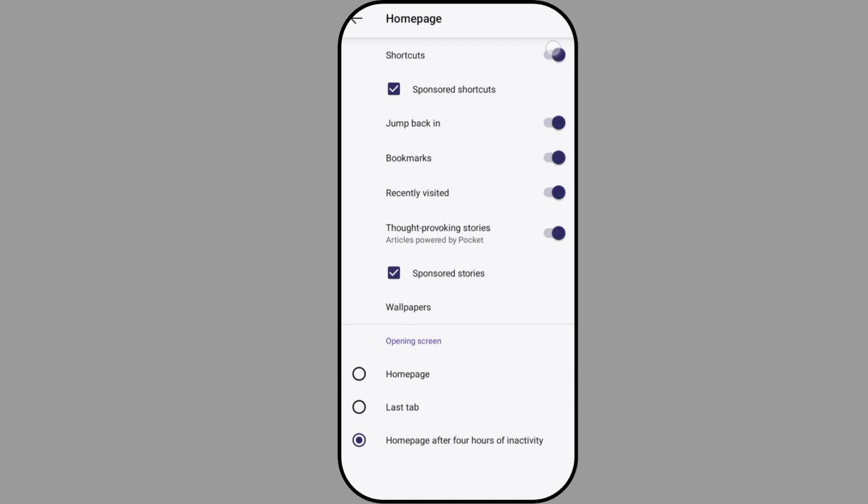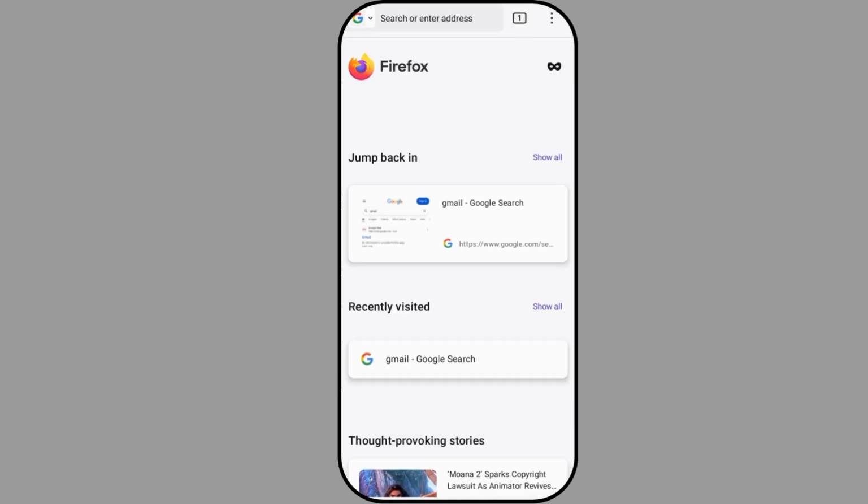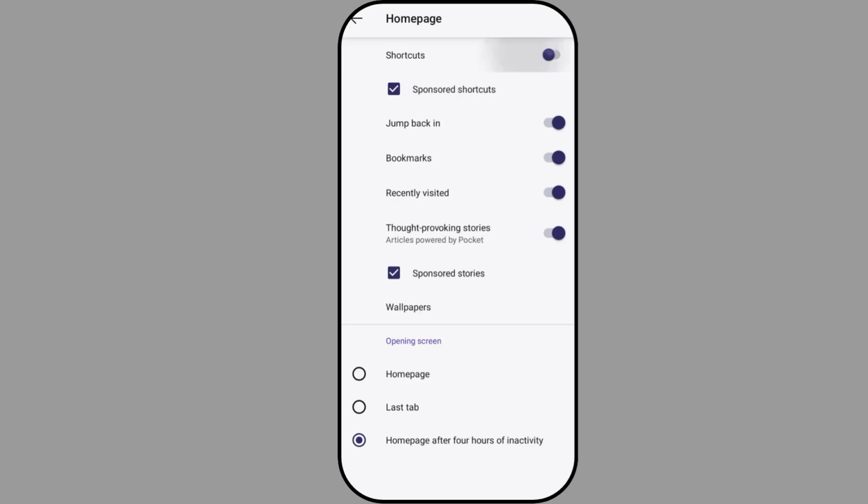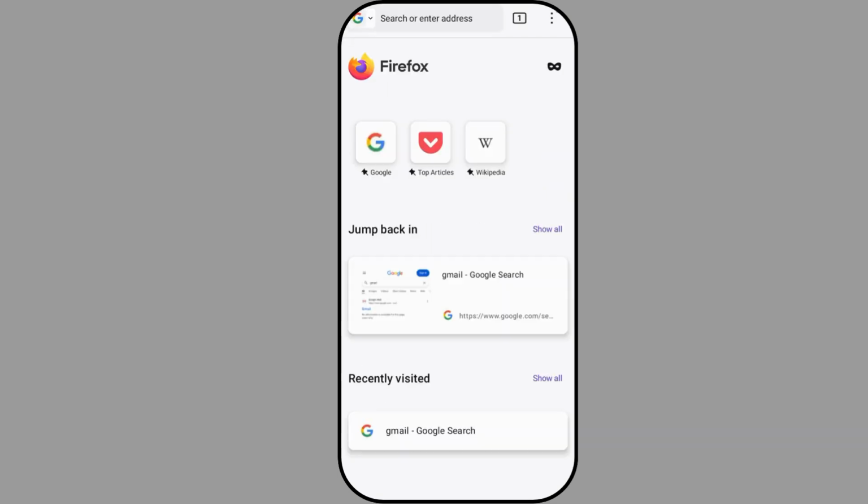You can just turn it off, and any shortcut is not going to be saved, and it's going to be automatically removed. This is very simple. And if you want to turn it back on, just go back there, then click on customize, and you're going to see all the shortcuts on your Firefox browser